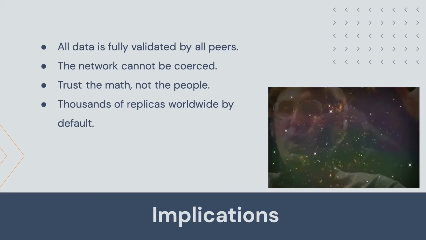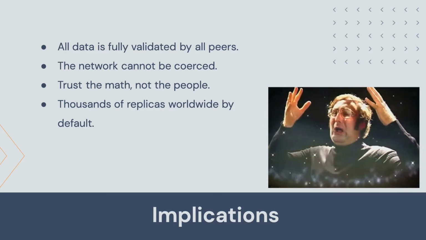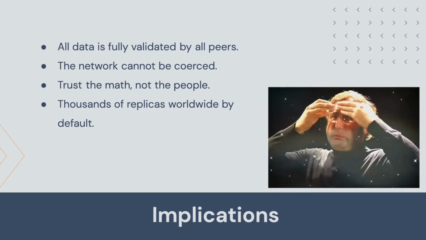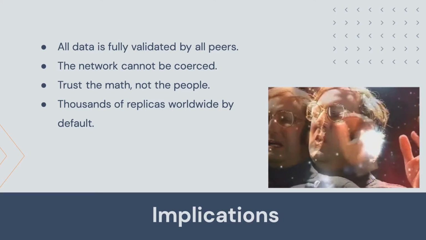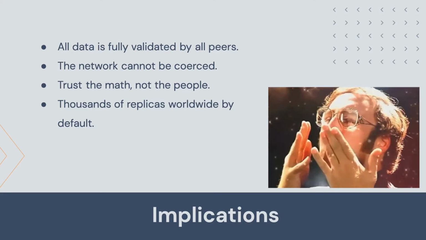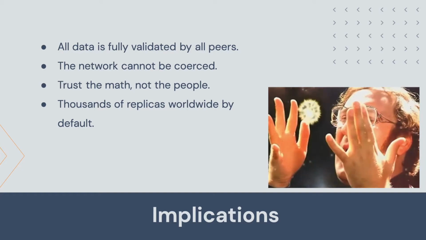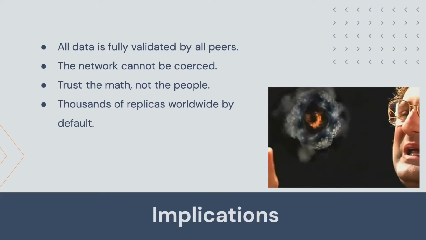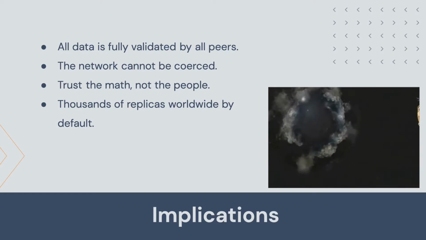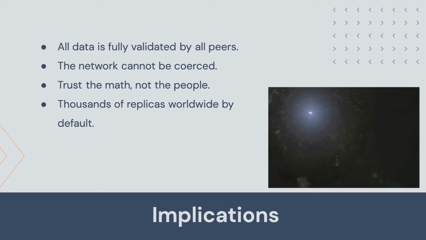But the data recorded in a blockchain cannot be coerced. It is true because there is mathematical proof that it's real. There is proof that it was added. There is proof of who added it. There is proof who changed it. And if it was deleted, there is proof of who deleted it. It's 2 plus 2 equals 4. Math. Simple math.